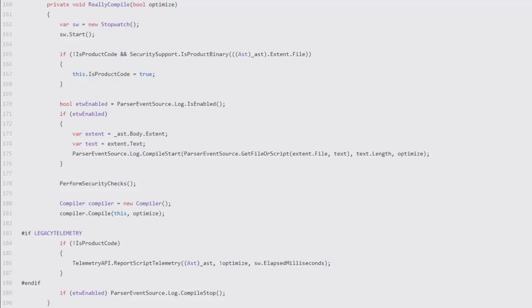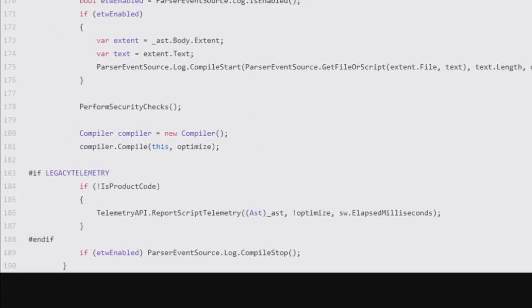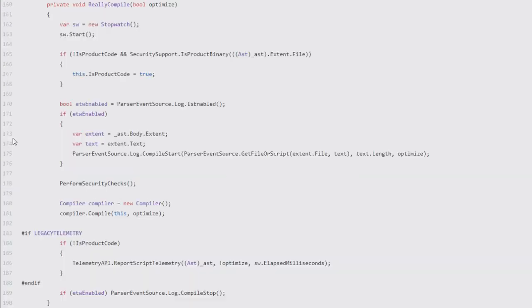And this function called really compile, which is called by other functions, is the function that is in charge of compiling. And as you can see here, we have the call to create the compiler and the call to the function compile. But right before this, we have perform security checks.